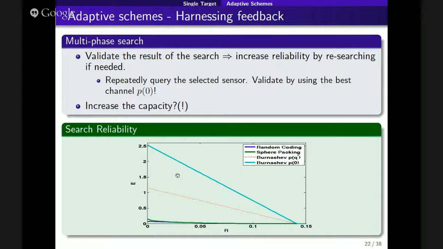No, it will definitely affect your rate. If it's linear, this is what takes you from capacity all the way to 0, depending on how much validation you are doing. Here the rate is 0. Take a capacity-achieving code: if you don't do validation at all, or do it sublinearly, you're somewhere here, where the exponent is very small or 0 and the rate is very high. Now if instead of using all your block just for coding, you use part of it for validation, you go down in rate and up in exponent. Okay, thanks.